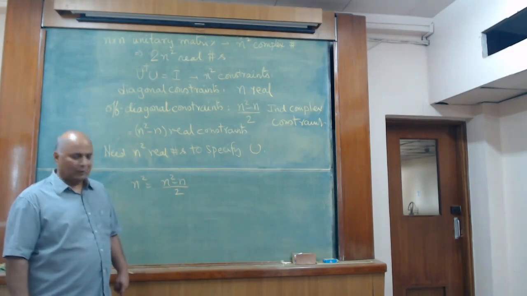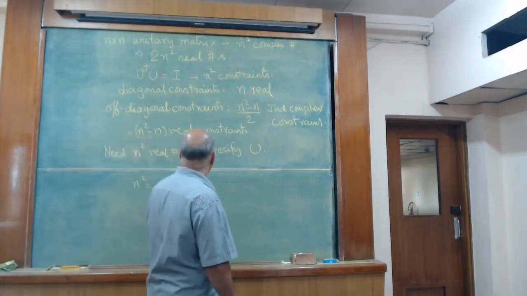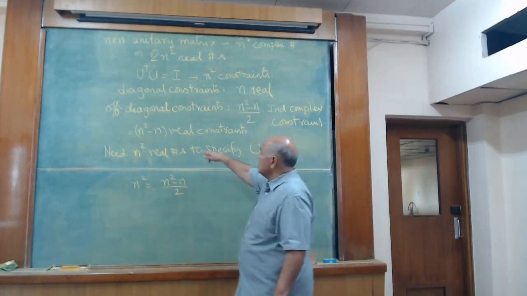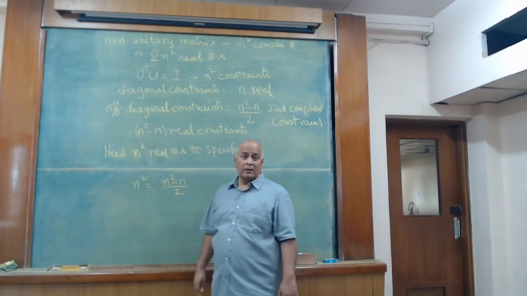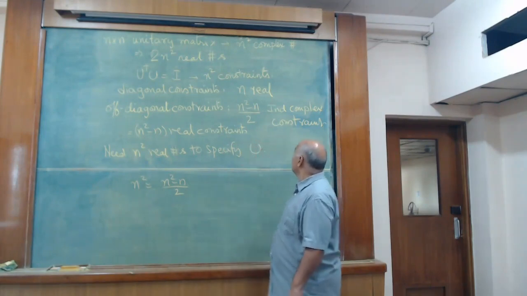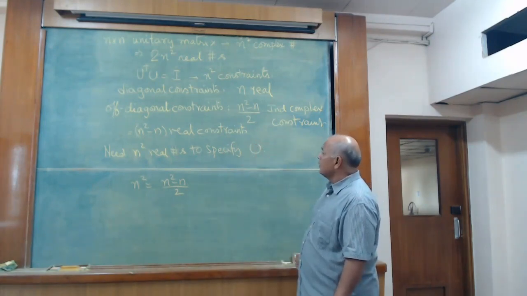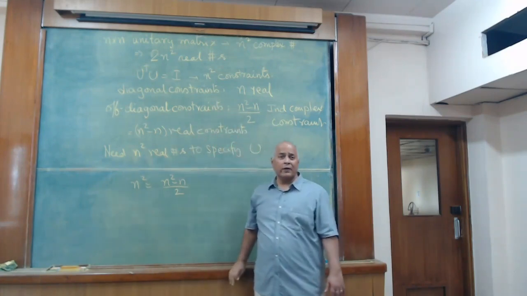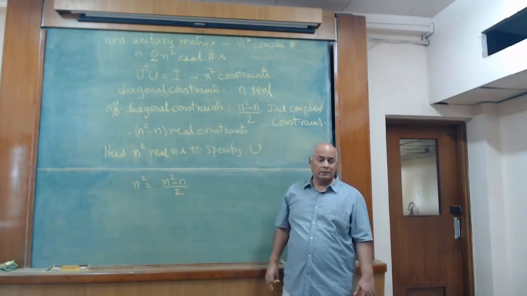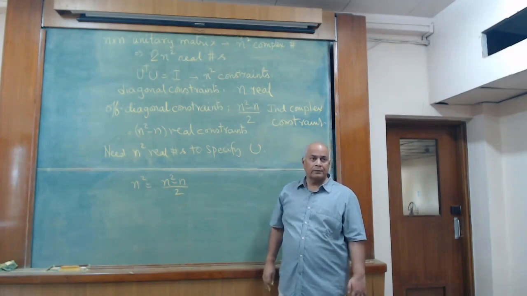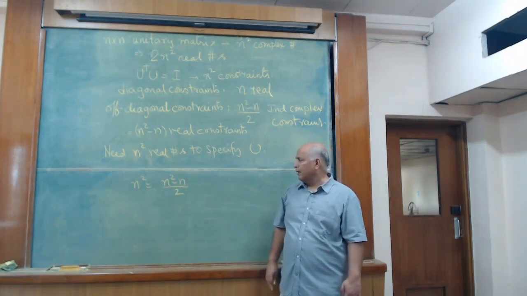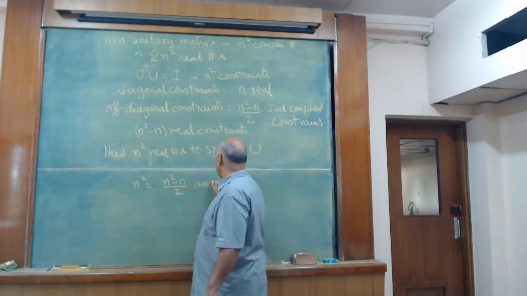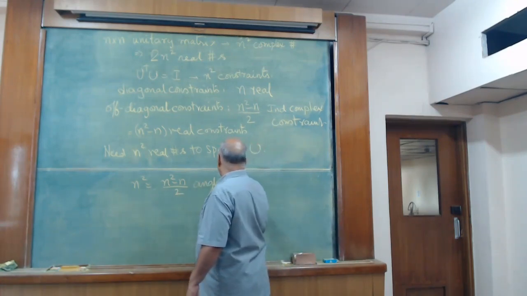Huh? It should be n real numbers, right? Because total constraints are n square minus n. Sorry, n square minus n plus n. So there are n square constraints. So this many angles plus